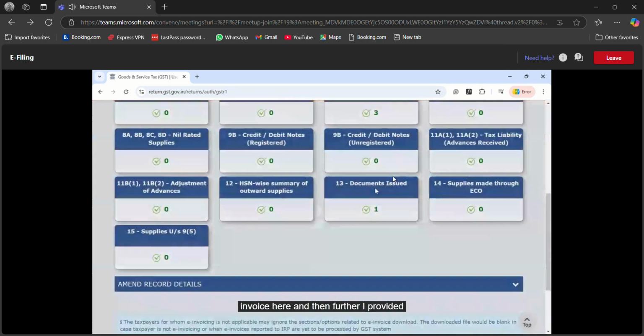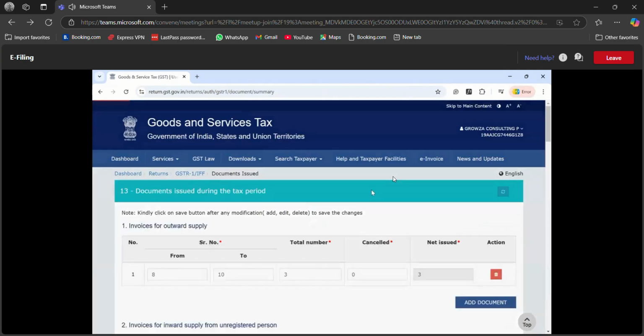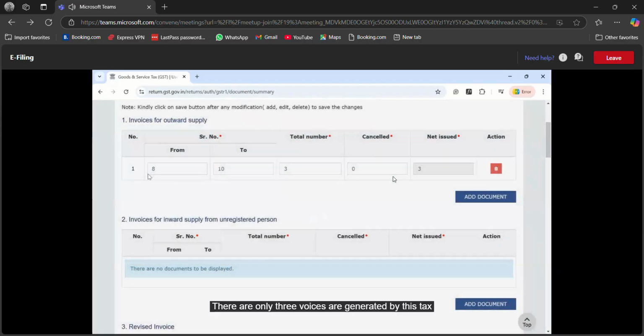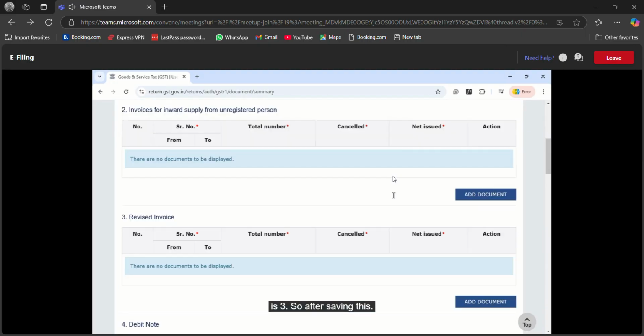And then further, I provided the documents issued. There are only 3 invoices generated by this taxpayer, 8, 9, 10, and all of them are for export. So 8 to 10 are the invoice numbers. The total number of invoices for this month is 3, and there was no cancellation. Hence, the net number of invoices issued by this person is 3. So after saving this,